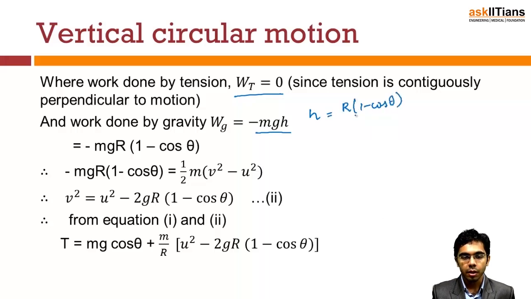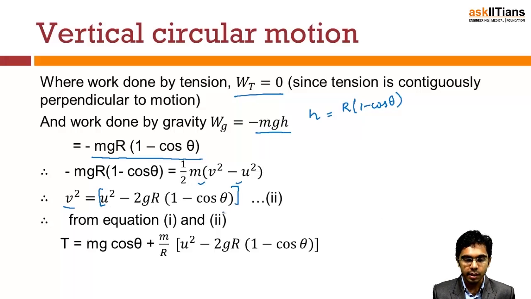After substituting the value of h, we get minus mgr(1 minus cos theta). Now minus mgh equals the change in kinetic energy from the work energy theorem, so we get half m(v square minus u square). Finally, v square comes out to be u square minus 2gr